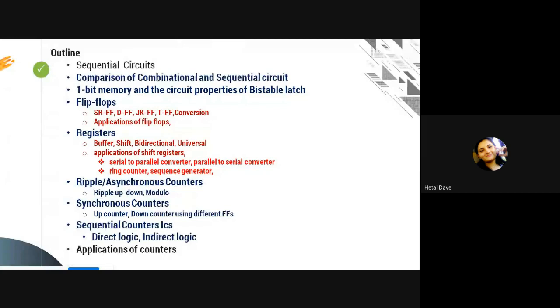Weightage is more from this topic. Every time 2 or 3 questions can be asked. Either one register question is asked, one design counter question is asked, and from flip-flop, a short note is asked: write a short note on flip-flop. We will see the GTU paper once this chapter is over, to see how questions are asked from the second and third chapters. We will refer to the GTU paper so you can easily understand which kind of question is asked.